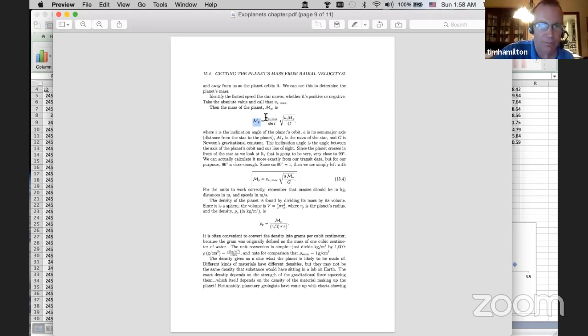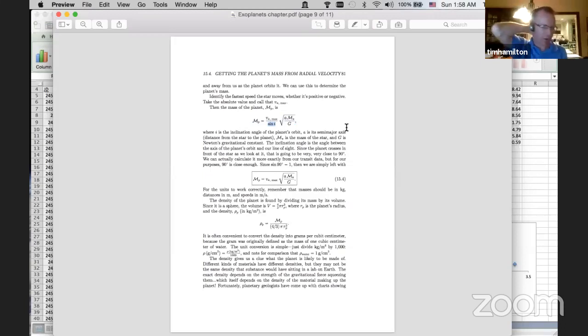But we've got a problem: in general, with the radial velocity method, we might not be viewing the orbit face on. We could be viewing a planet that's orbiting at some angle inclined to us. The angle of inclination, we use the letter I. And so the Doppler shift only gives you the mass to within a factor of the sine of that inclination angle.